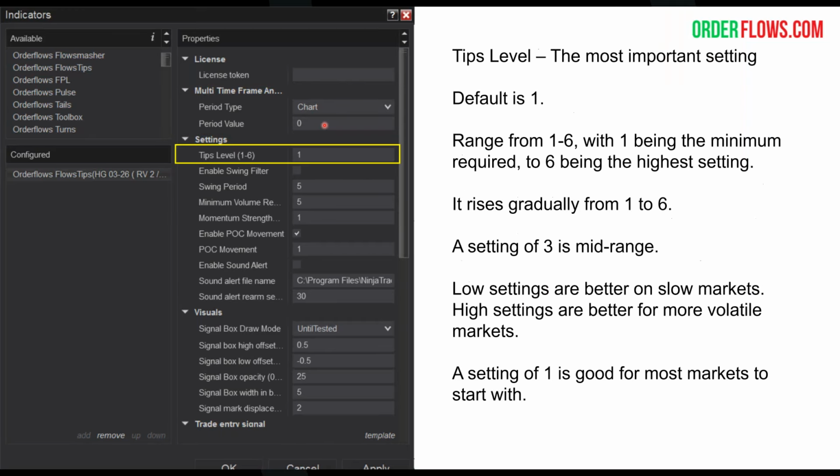Now, tips level. This is the most important setting that you're going to use. Default is 1. It ranges from 1 to 6, with 1 being the minimum and 6 being the highest setting, rising gradually from 1 to 6. A setting of 3 is kind of mid-range. Low settings are good on slower markets. Higher settings are for more volatile markets, but 1 is good for most markets to start with. So if you start with 1 and you say, oh, there's too many signals, then you could adjust it up. Remember, 3 is sort of the mid